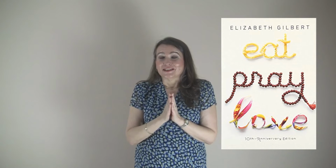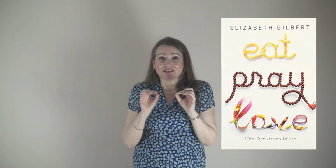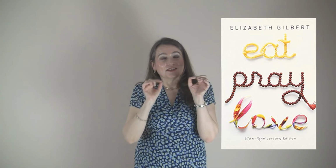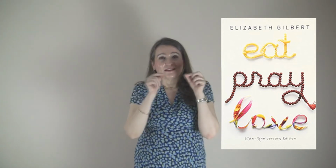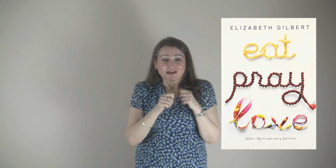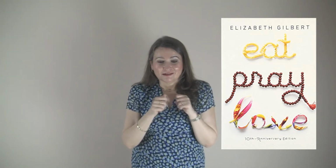Next, spot number 4 is Eat, Pray, Love by Elizabeth Gilbert. Now, that book cover design where each word is written out using different objects. So one word is written using flower petals, another using beads from a prayer object, and so on. It's delicate, it's very feminine, again it's very creative, it's very unusual, and it's reflective of